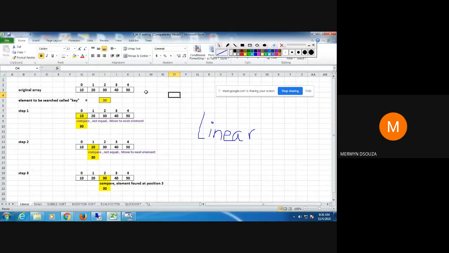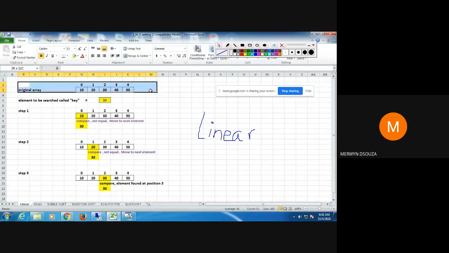And if you scan the entire array and you don't find it, then you say that the element you are searching for is not found in the array. So that's the basic aim of a searching method: searching for that element, and if it is found, declaring the position of that element, and if it is not found, saying that the element is not present. So today's first method is linear search.